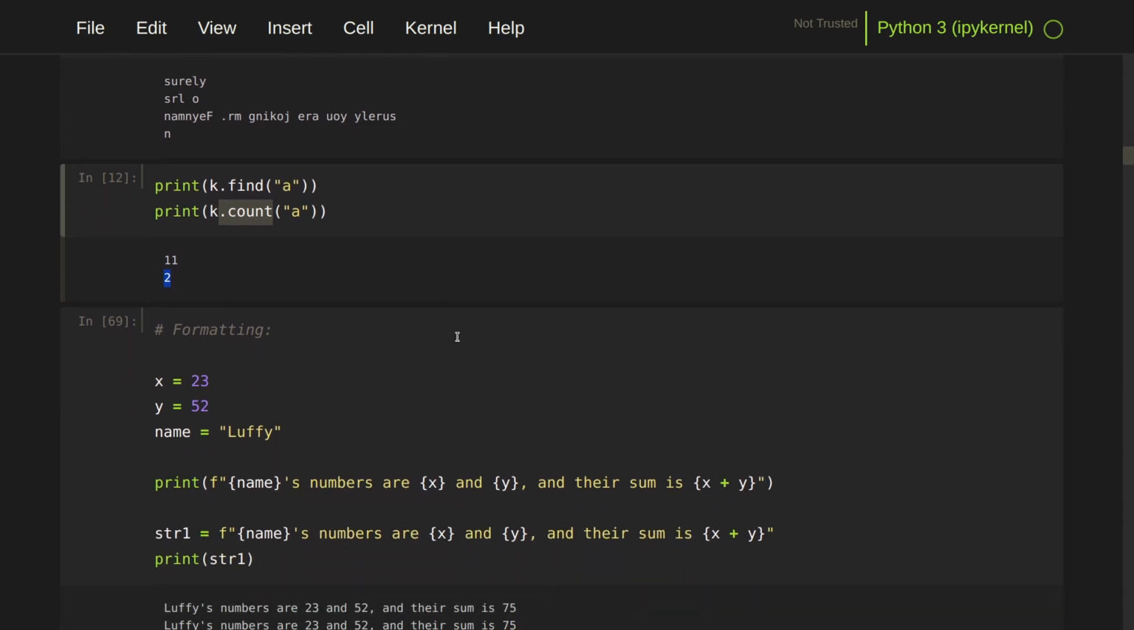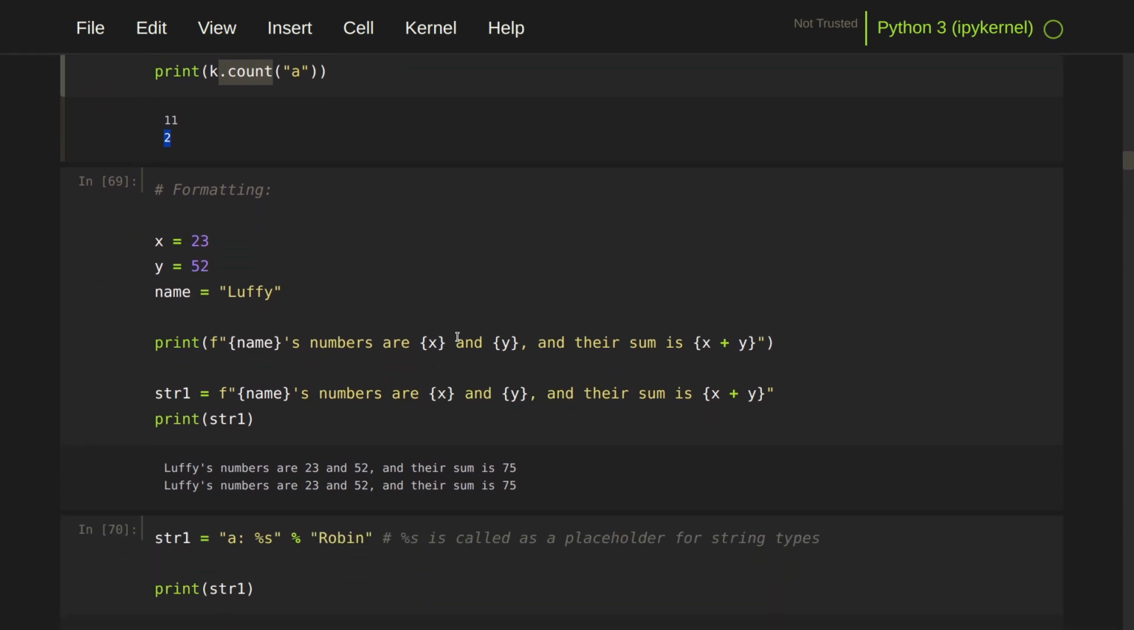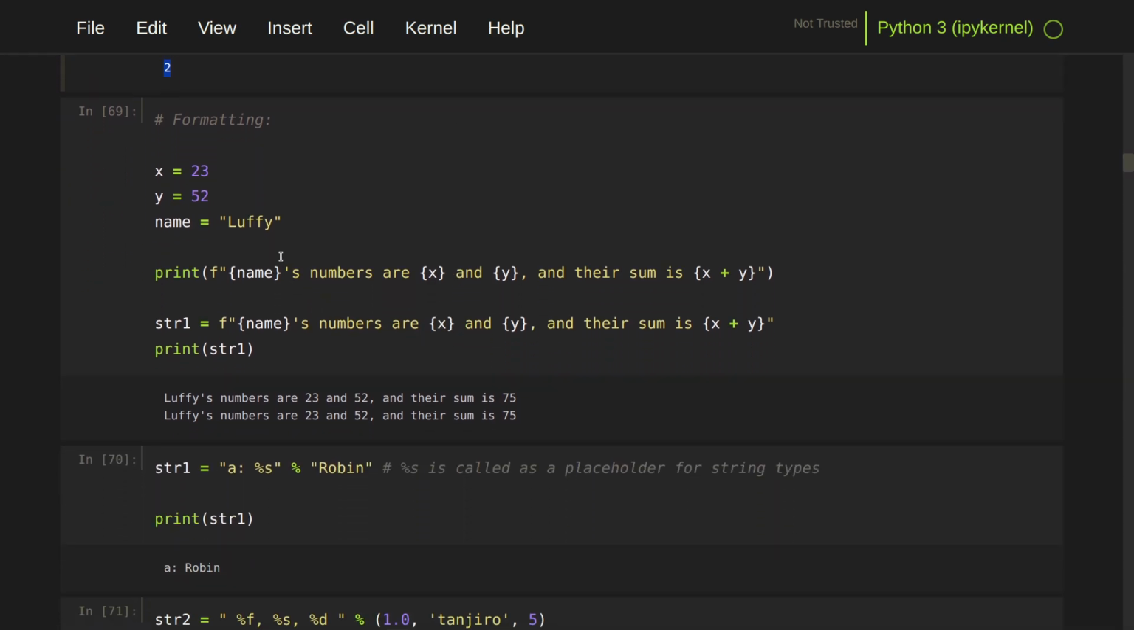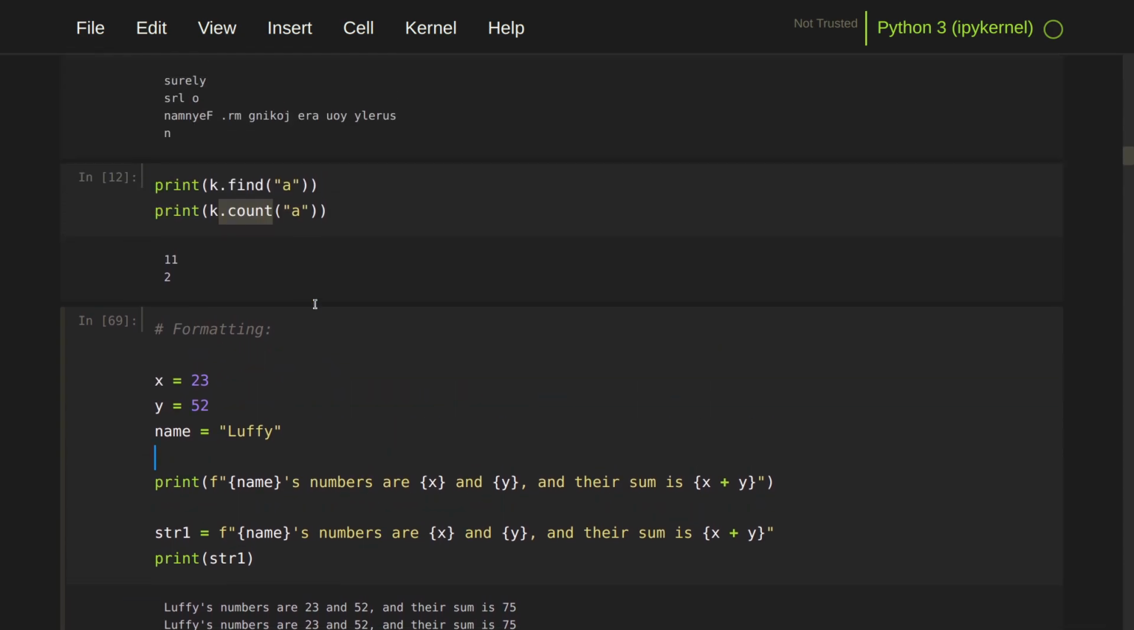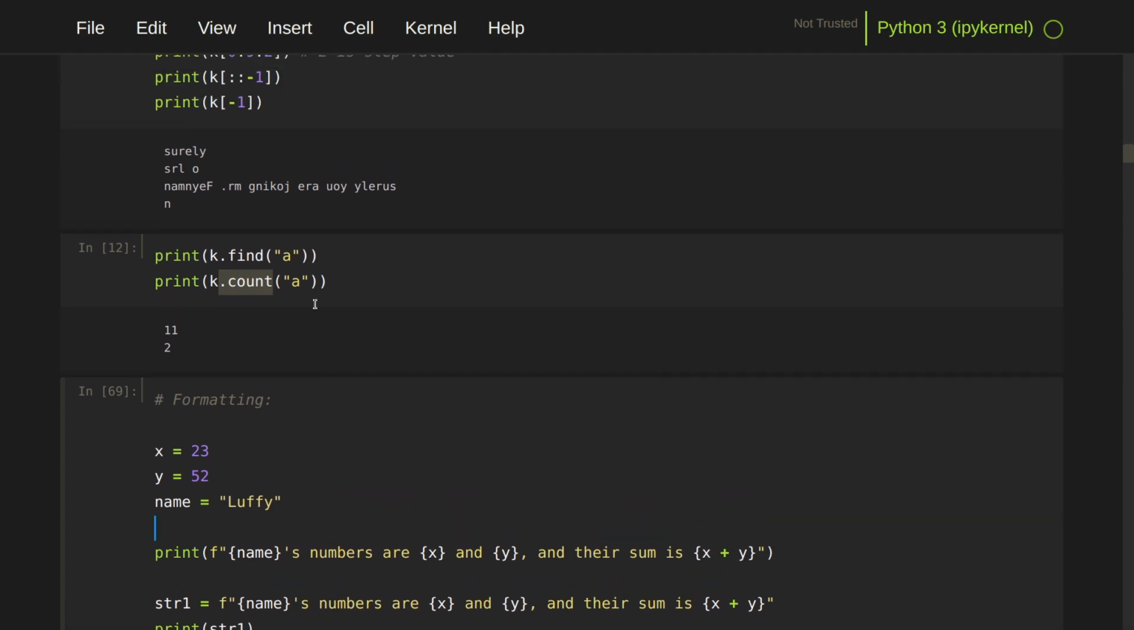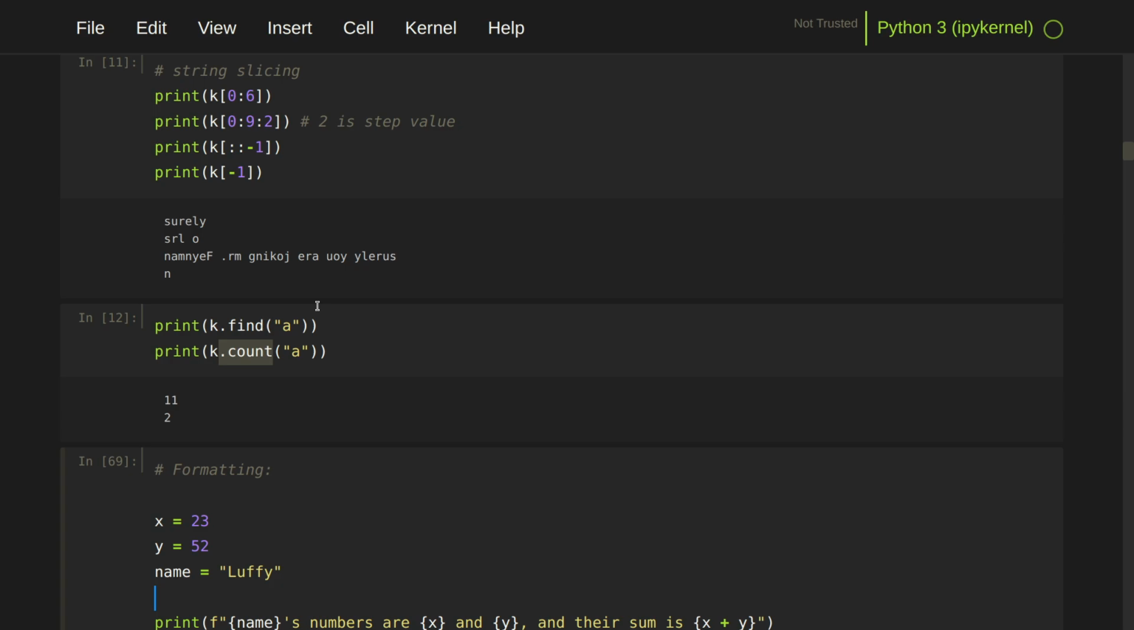Is it okay? Is it okay, or is there any doubt from this section? Okay,